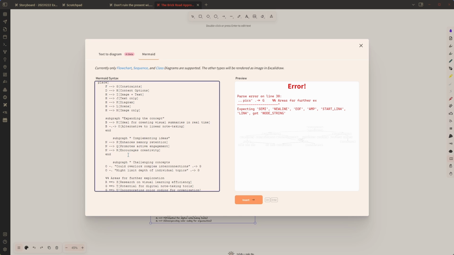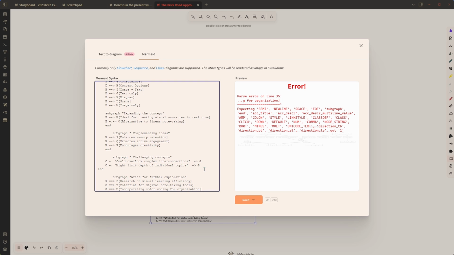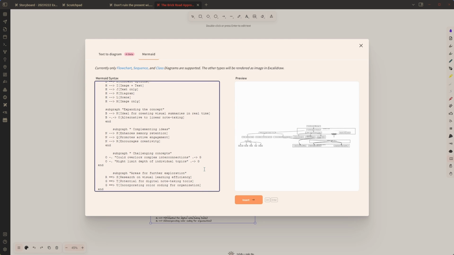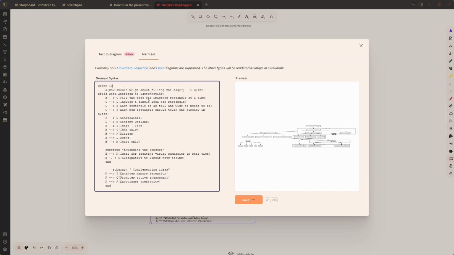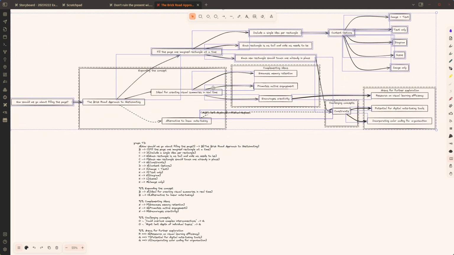Of course, you could also just simply press generate and create a new graph, or you can come in here and you can edit it. The additional benefit of editing the graph is end. So there you go. It's now created this graph that I can also change, instead of top down, maybe to be left right organized. And now if I insert this right here, then I can also use my script,